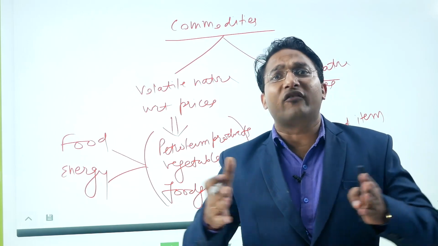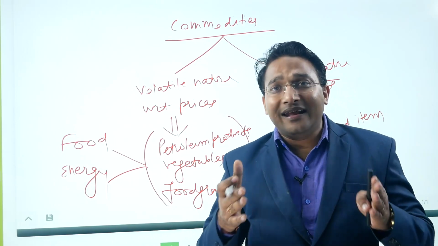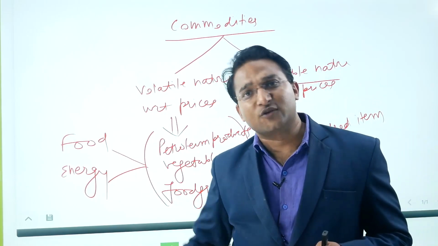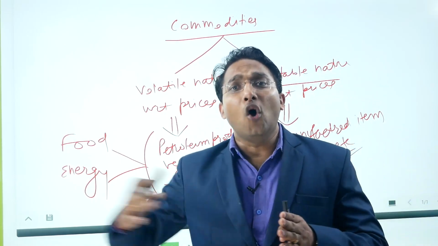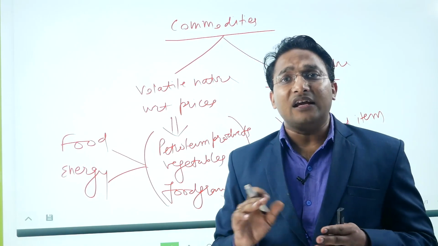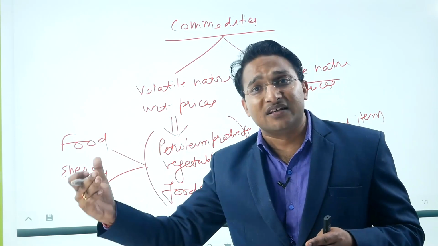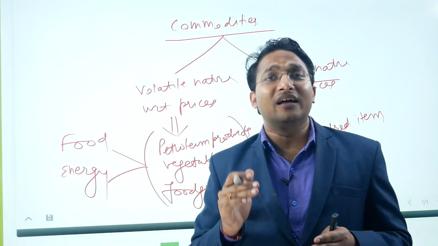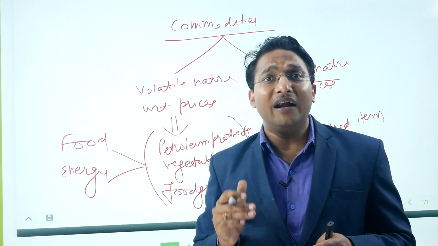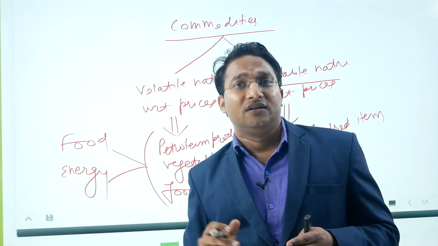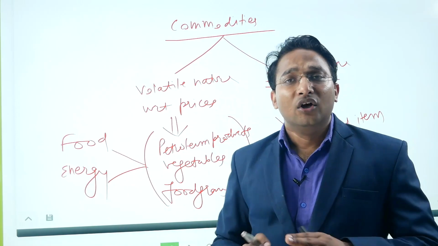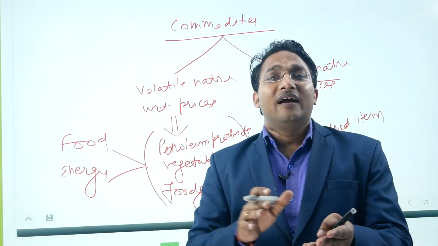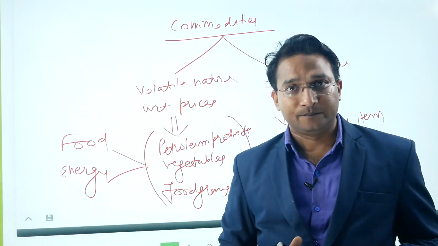So if it is for a short period of time, we can manage the rise in price through increasing the import or stopping the export. And if it is for a long time, year after year, in that case we might need to take long-term measures. For example, building the infrastructure, building the cold storage, building the roads in the rural areas, building the new power plants. So the long-term steps can be taken so that the overall productivity can be increased, supply of goods can be increased, and inflation can be controlled in the long term, right?